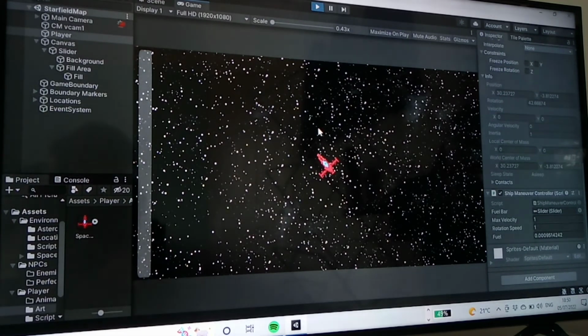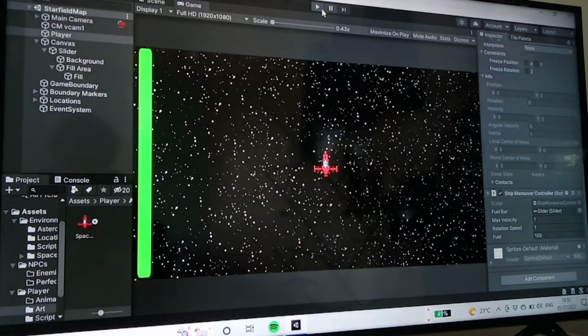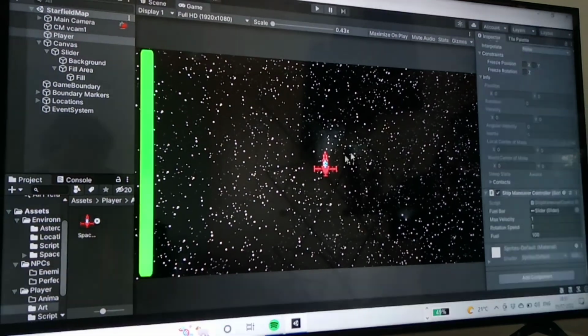I'm going to add a dash function. I got rid of the function I had in there before, and the trail renderer, I removed that, but I may end up adding that back in at some point. I just need to have a little bit of a think of how I'm going to do the variable speed boost things. And I think maybe max velocity isn't even a velocity. I think that's literally just speed in general. I'm not sure, because I seem to be going fast anyway, and the max velocity is set to 1. So, I don't have a clue. So, yeah,